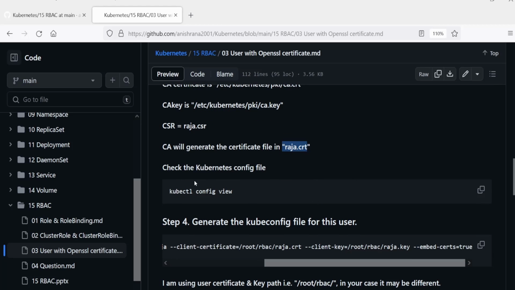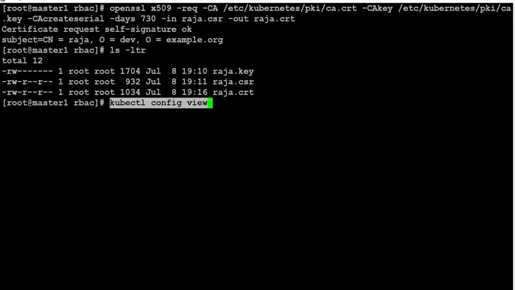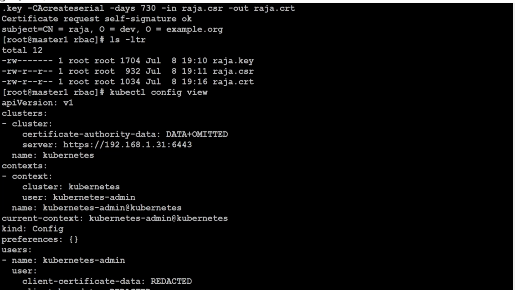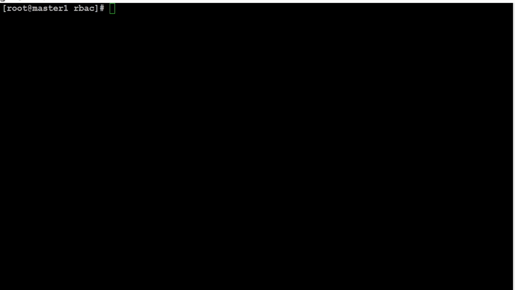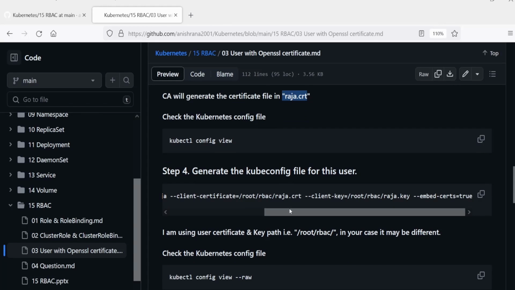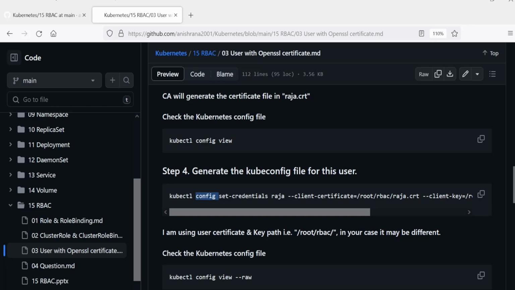And I can check the Kubernetes config, what current config we have here. As you can observe, my cluster name is kubernetes and the name of my user is kubernetes-admin only. Now I'm going to add one more config inside this kubectl config file.